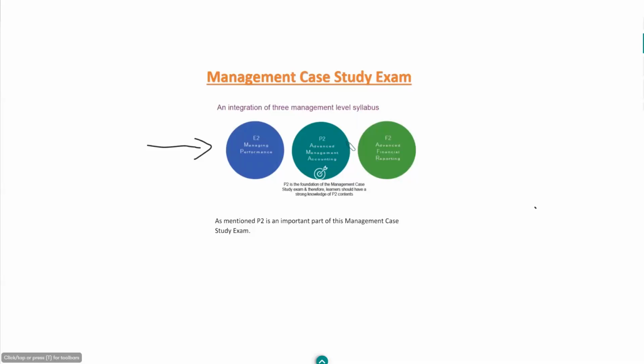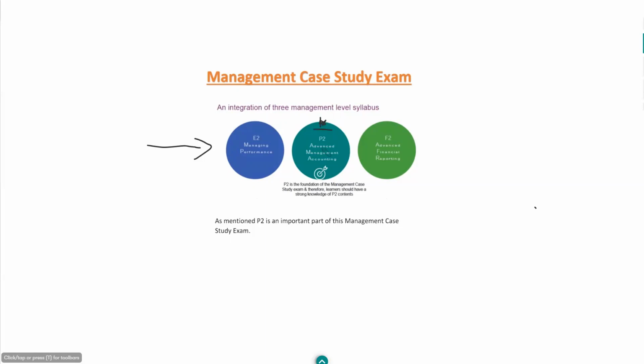So let's begin. For any case study exam, there are three pillars: E2, P2, and F2. But for the management case study exam, the P2 pillar is known as a foundation pillar, and you need really strong knowledge from the P2 section to make sure that you are able to relate to and give an explanation when you are asked something specific in your exam.